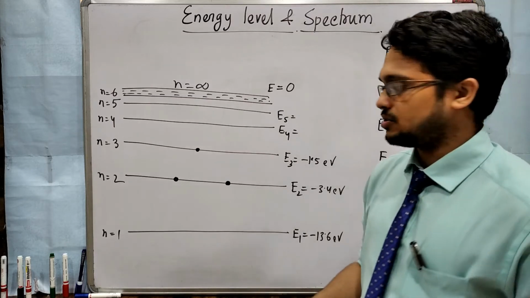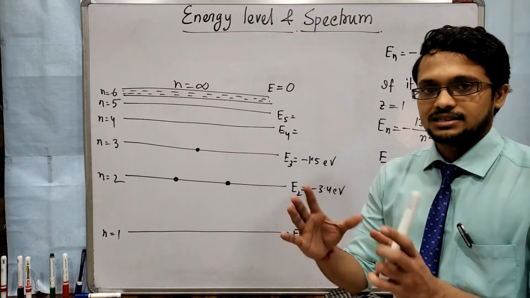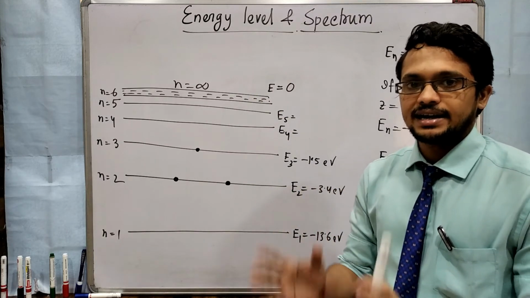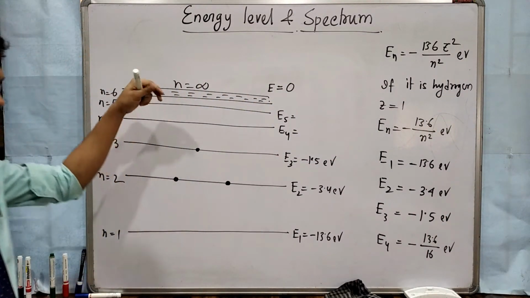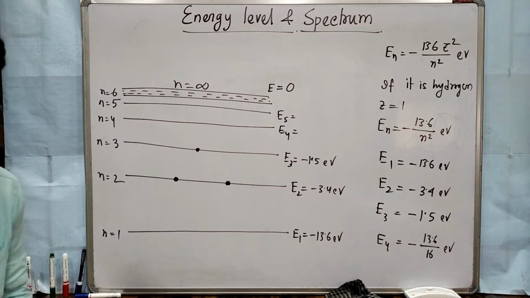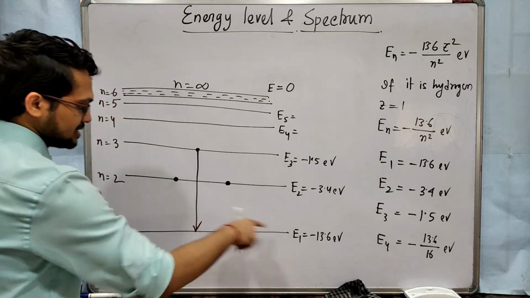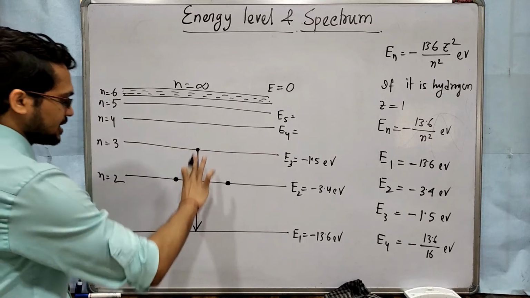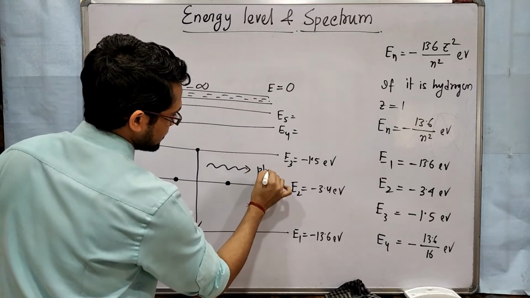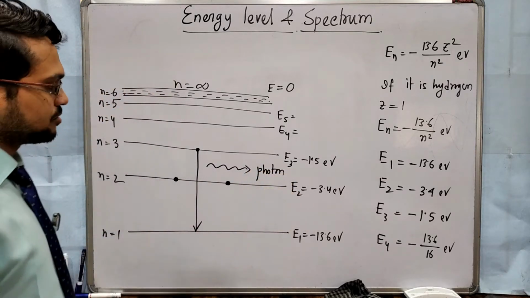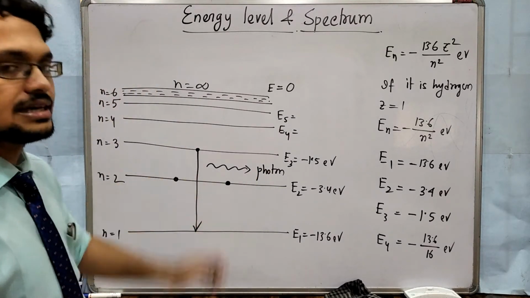But if any electron goes from one state to a higher energy state, then that atom is called the excited atom. When we remove the energy, the excited atom will come back to the ground state. When any electron is coming back to the ground state, suppose at this state it is coming back, then what will happen? Due to the energy difference of the two levels, we will get some radiation. Some photon will radiate. So we can calculate its wavelength and its frequency from the energy difference.